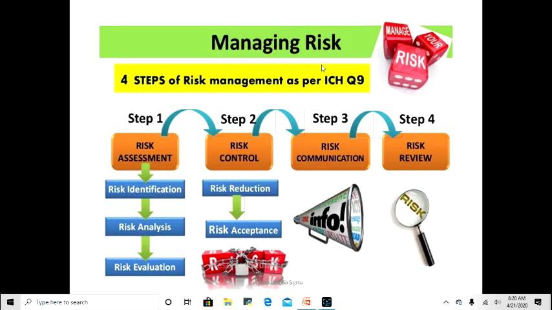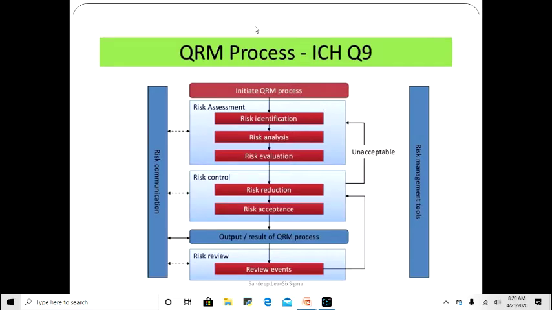Okay, so how do you manage the risk? First you assess it, right? You identify it, control it, communicate it, and then review the risk so that further it should not happen. So the risk assessment, identification, control, and review, everything will be based upon these ICH guidelines. We discussed yesterday how they do the risk assessment, how they do risk control, and how the risk review will be done and communicated, and then there will be some management tools. The management tool we are discussing today is the FMEA tool, right? Which is widely used for risk management.